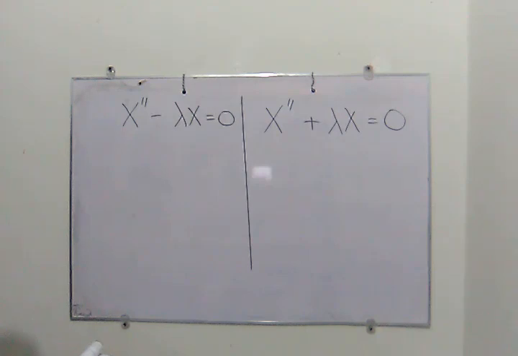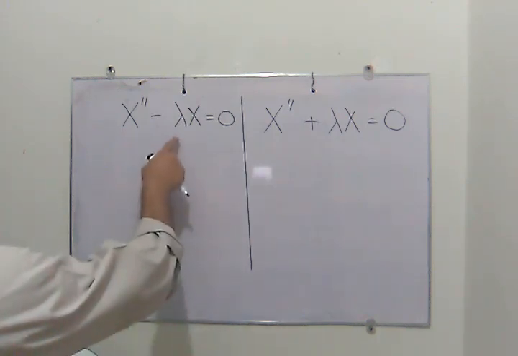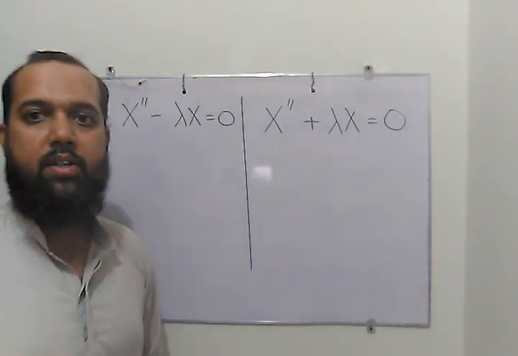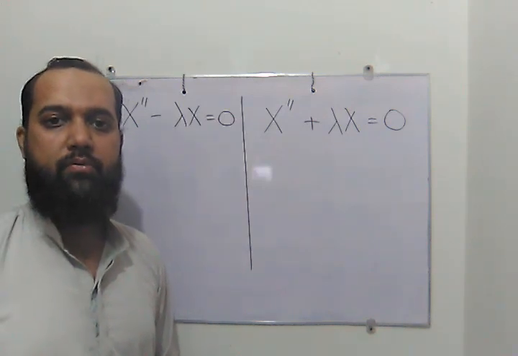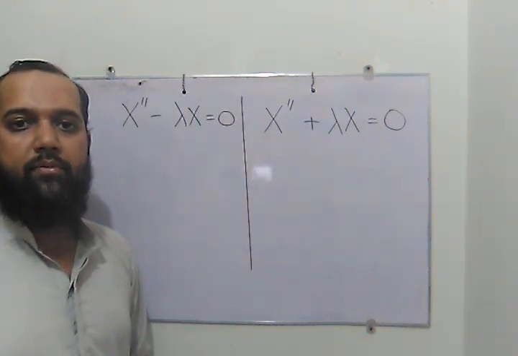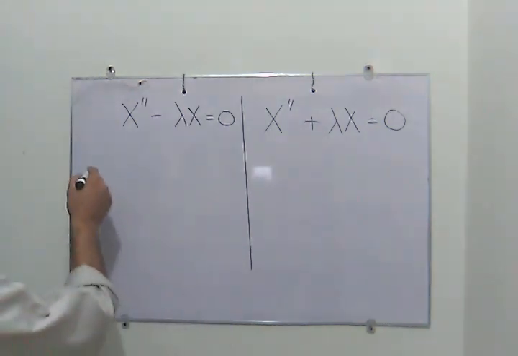So the general solution depends on the value of lambda, whether lambda is equal to 0, lambda is positive, or lambda is negative. So we have three general solutions as